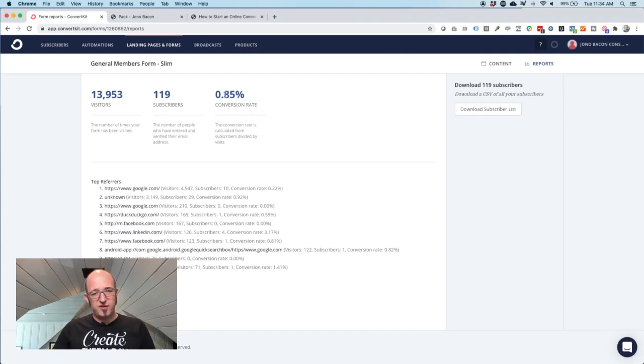What I'd love to see in ConvertKit, which they don't have a feature for right now, is to see that conversion rate over time. I'd like to be able to see, if I make certain changes, does my conversion rate go up or down? But we'll see if ConvertKit adds that. But this is a lot of people, a smaller proportion of people are joining, and then we're getting the conversion